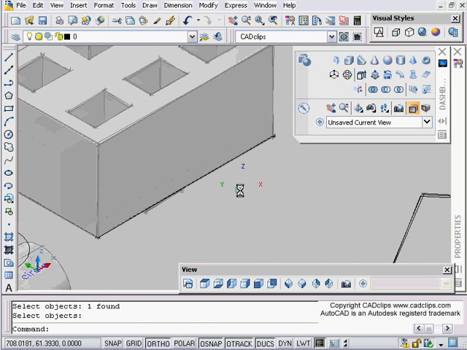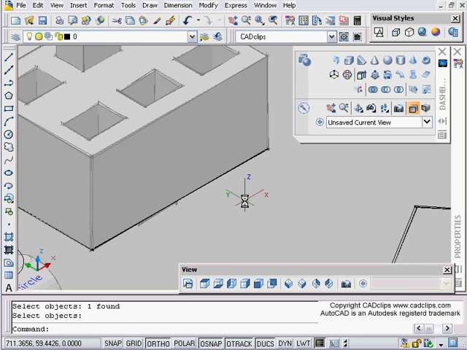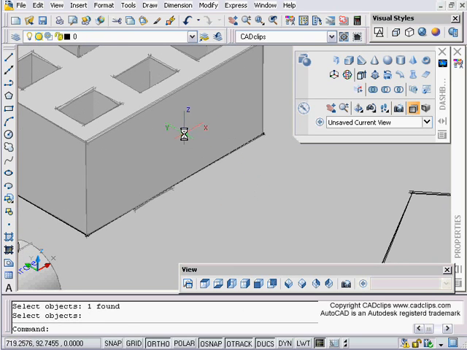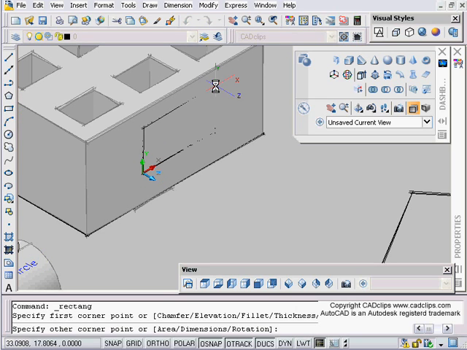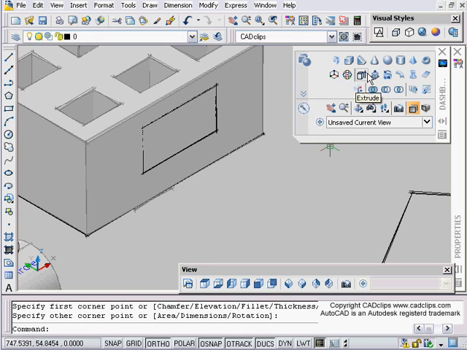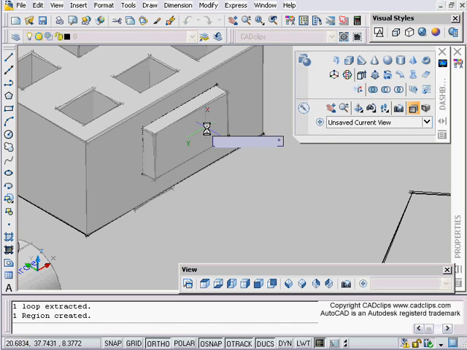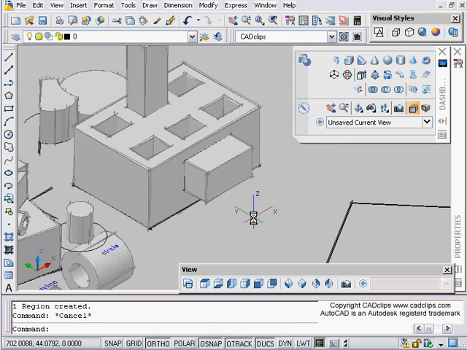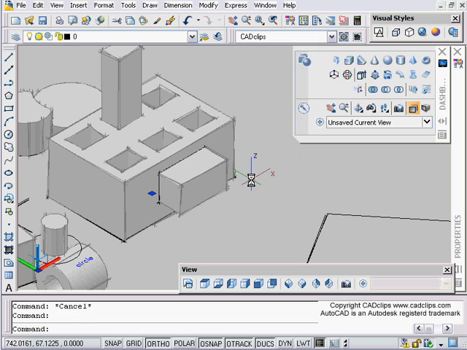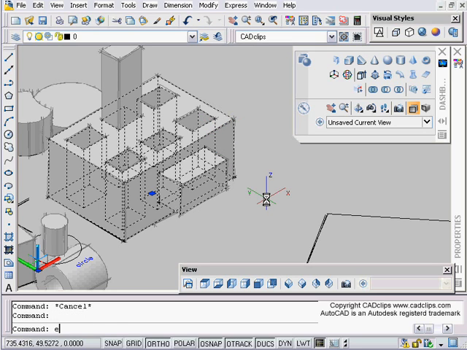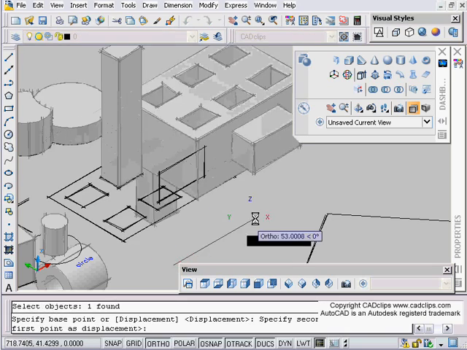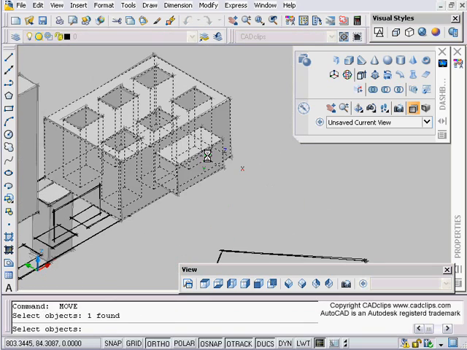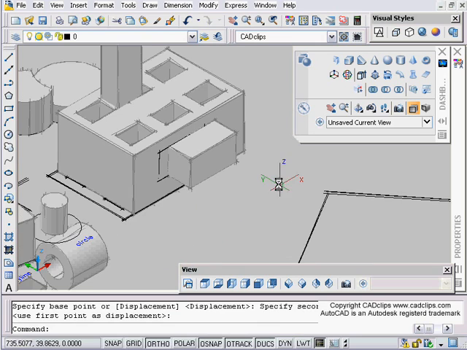The other thing I noticed while I was preparing for this lesson is a difference here. I wanted to show a little bit about the push-pull. Notice I had a separate object there. First I went in and I just kind of used my dynamic UCS, drew a rectangle there, and then used my push-pull and pulled that out. Okay. One thing I want to note, that when you do that push-pull, that is all part of that one object. If I erase that, okay, if I move this, that all gets moved as one object,